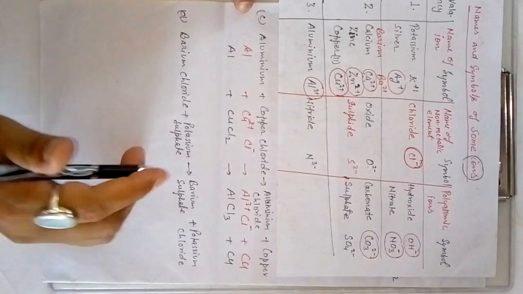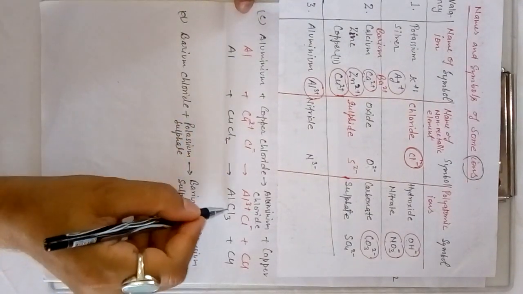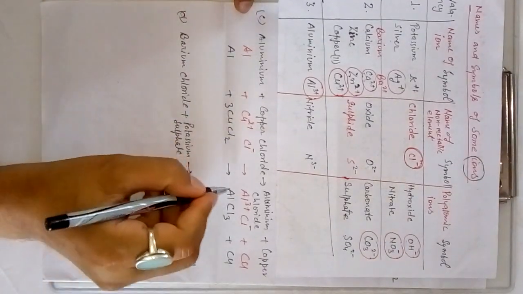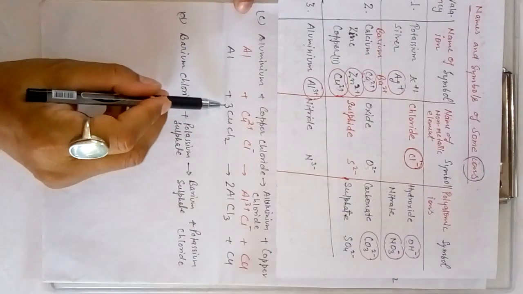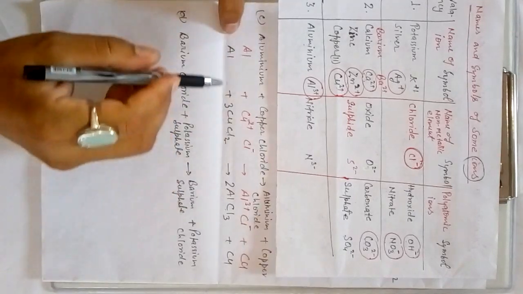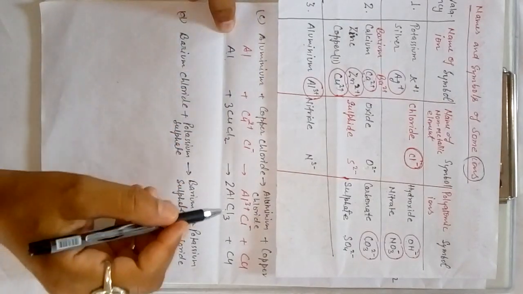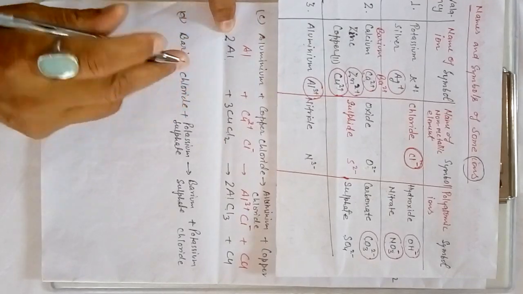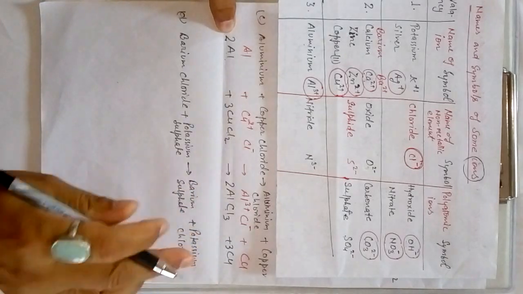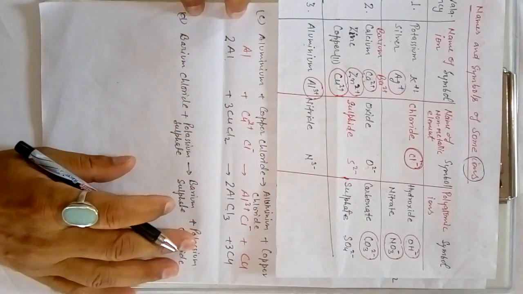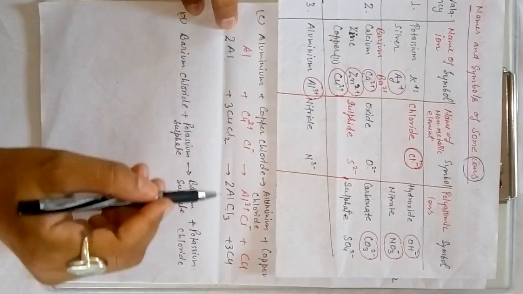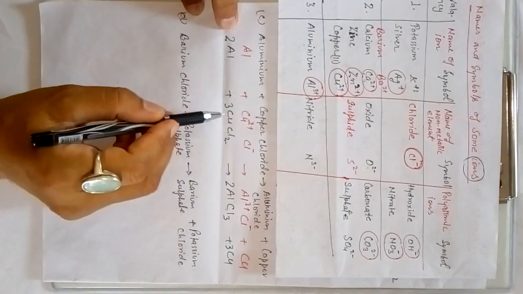Now we are going to balance the chemical equation, Cl2 and here you can see Cl3. So how can we balance them? Multiply by 3 here and multiply by 2 here. So you can see 3 into 2, 6 chlorine, 3 into 2, 6 chlorine. There is 1 Al, here is 2, so multiply by 2 here. And copper is 3 and here multiply 3. So this is also the balanced chemical equation, because 2 Al, 3 twos are 6 Cl, 2 threes are 6 Cl and copper is 3 here.